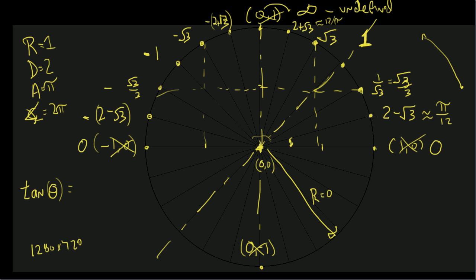From that, we've then filled in 15 degrees and 75 degrees, and we've gone from there with the logic that the tangent of 45 degrees is 1. The tangent of 90 degrees is infinity, and the tangent of 0 is 0. We then remember the square root of 3 was involved in all of this. The square root of 3 is the tangent for 60, and 1 over the square root of 3 for 30. And in the case of 15 degrees, it's a smaller number. You'll see why later. The tangent is the slope. And we know it's 2 minus the square root of 3. We'll see later where that comes from, but that's about equal to the angle, which is pi over 12, the angle expressed in